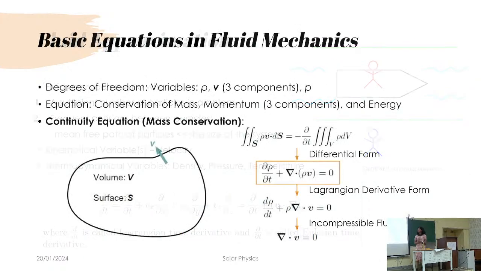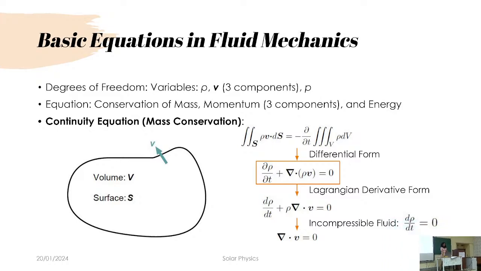So these are the degrees of freedom. First, the density. Then you have three components of velocity and pressure. To characterize these, you will need a set of equations, which is what we'll be looking into right now. The continuity equation of the